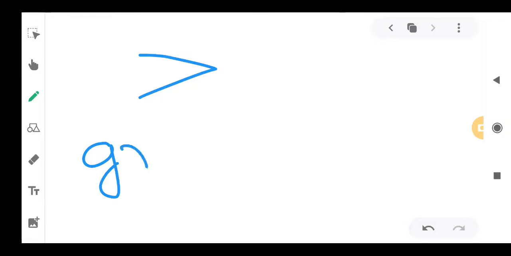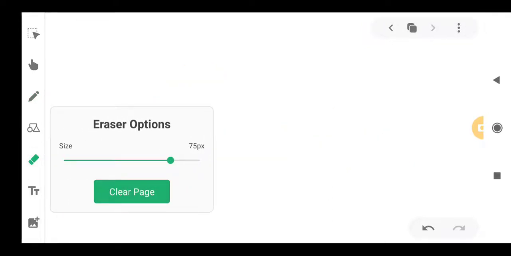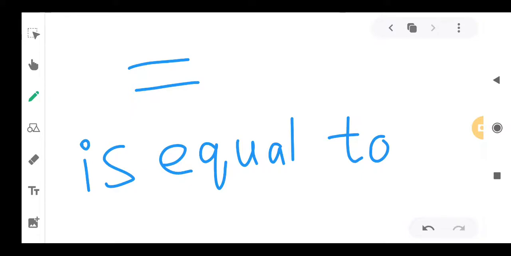This symbol is greater than. Okay. Next one is equal to. Okay,